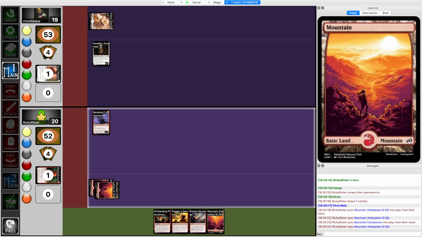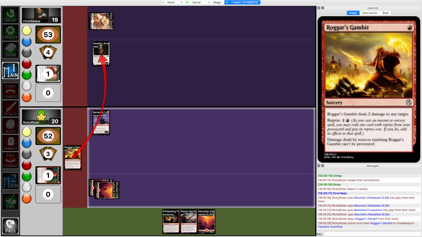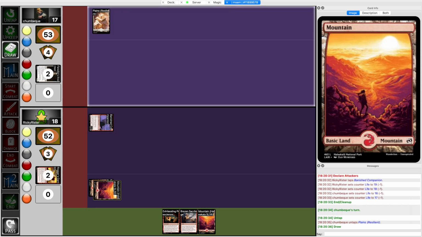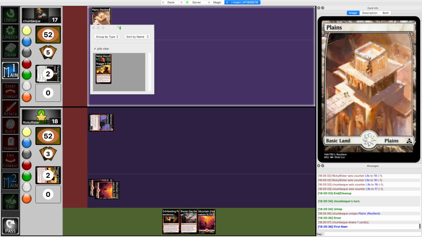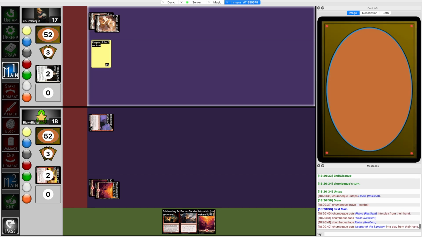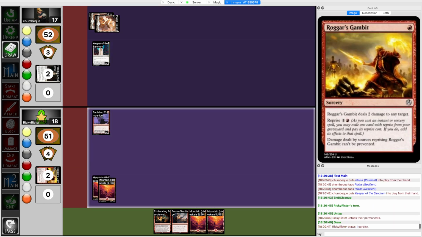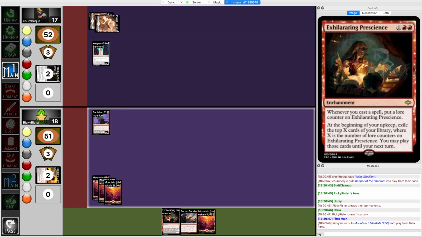So that does mean that I can't blow up a Dark Sand Acolyte if it comes down, but I guess that's fine. Or can I? No, I can't, because I don't have enough mana to do that. Keeper of the Sanctum, yeah, that's getting blown up too. I just need to blow up everything that they play out. Although at this point, like, I must...